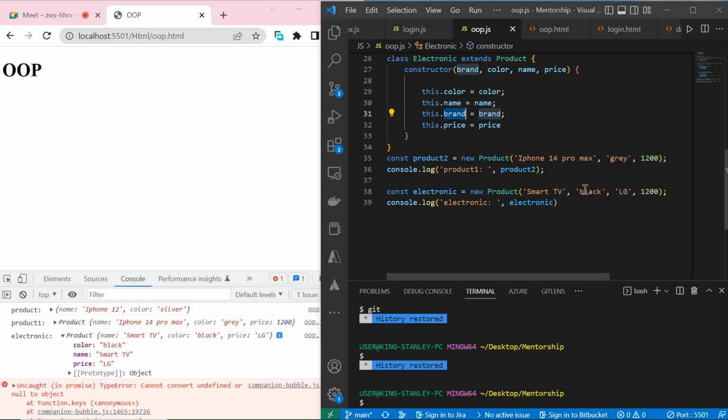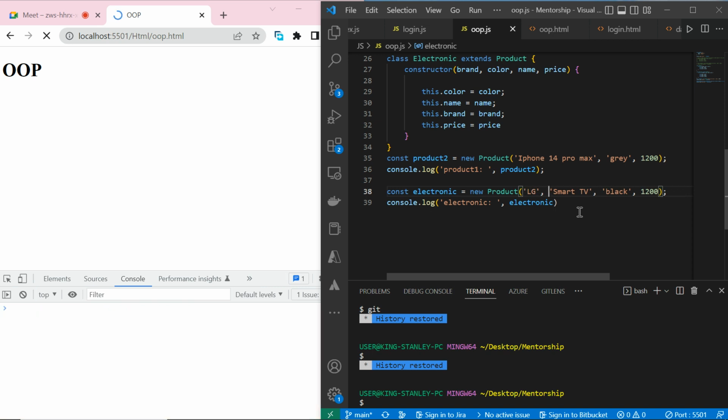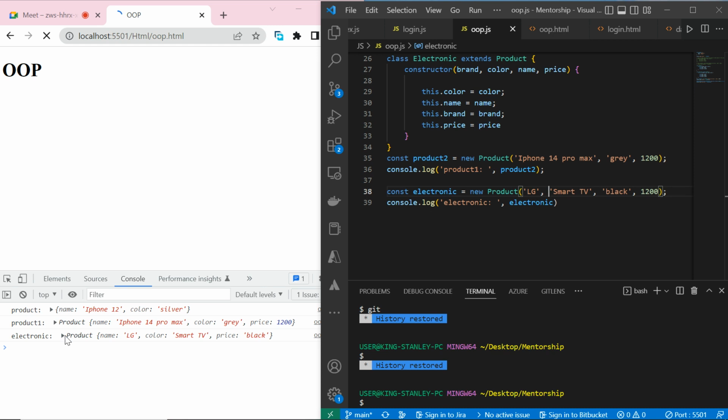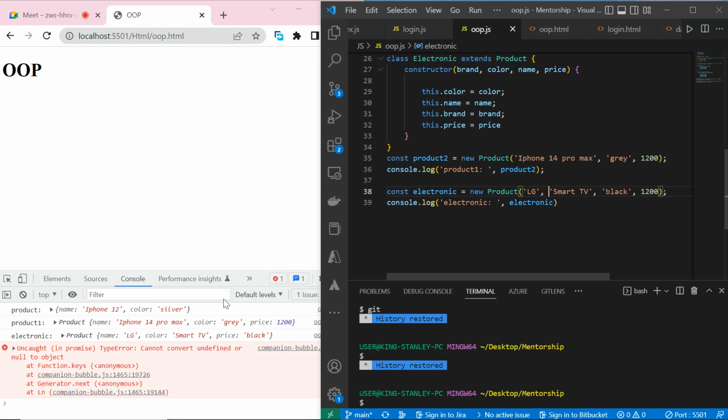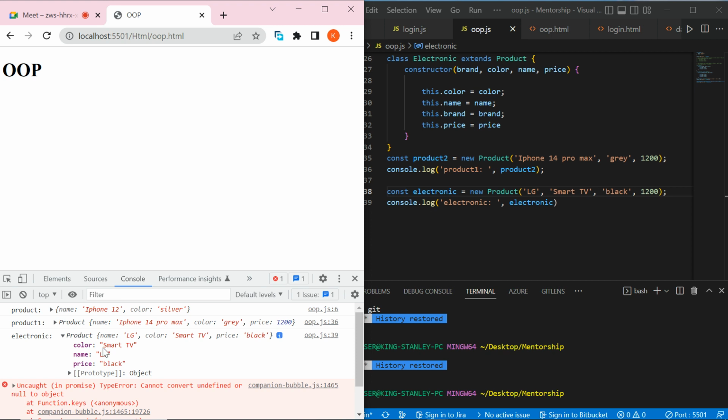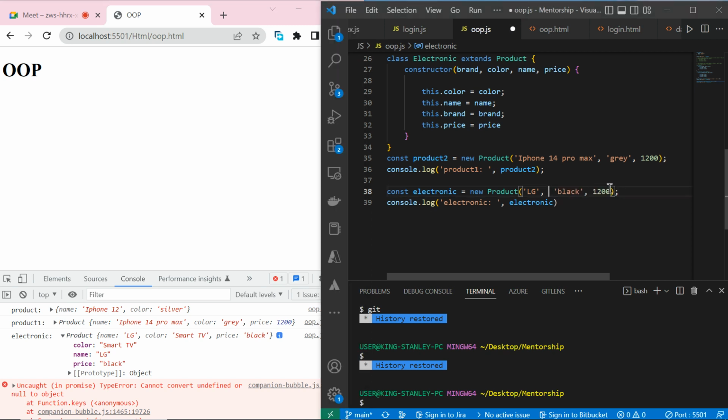We have, I missed their position, which is not bad. We still have our property, all of them are visible, but just that missing of that makes us to be looking for, okay. So if we come here, we can see our name is still, what do we have? The name is, okay, color is smart TV. I'm still missing this property. The second one is color. Let's remove this here. Color is the second, and then